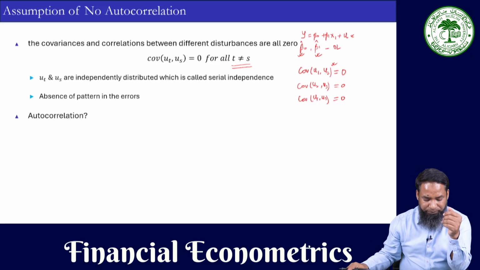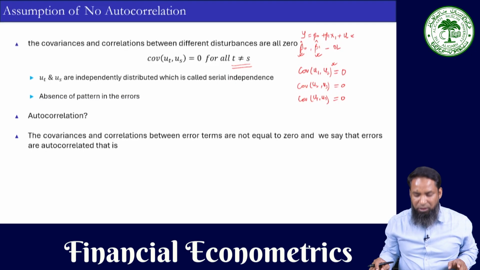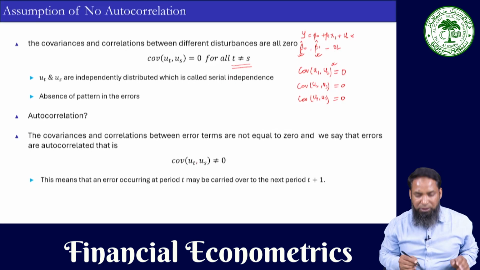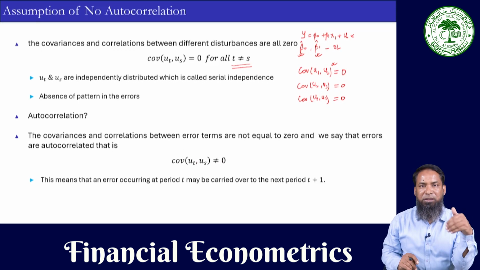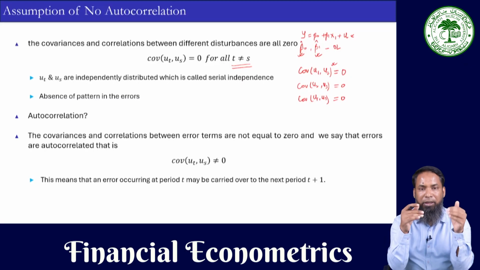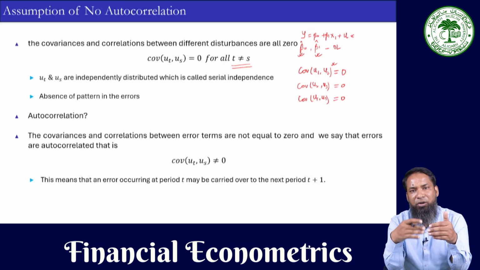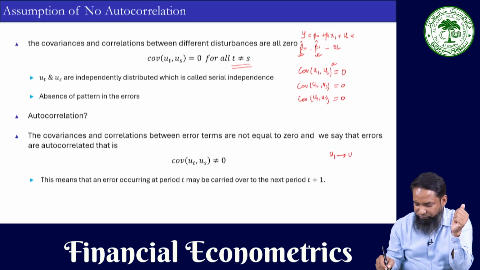However, when we say there is autocorrelation, what do we basically mean? We mean that the covariances and the correlation between error terms are not equal to 0, which we say in mathematical form as the covariance between ut and us is not equal to 0. That means there is some kind of relationship between the lags, or in simple terms, any error occurring at time period t will have its impact carried over to the next period, t plus 1. So if you have u1, it has some kind of relationship with u2,